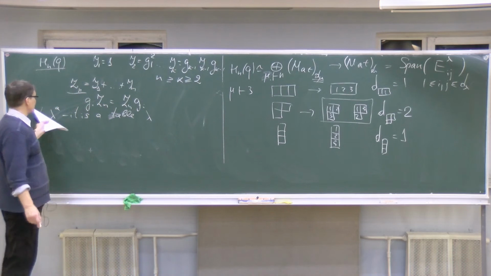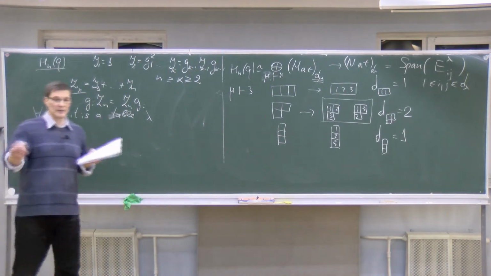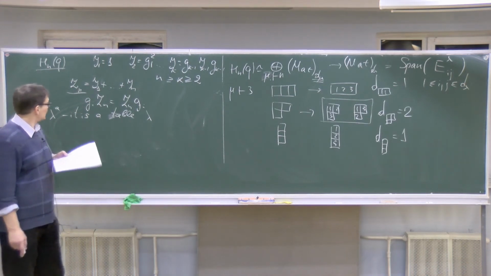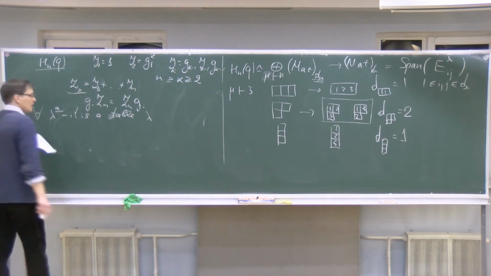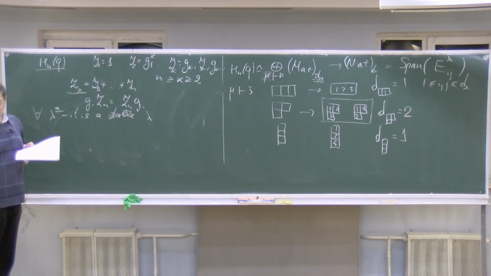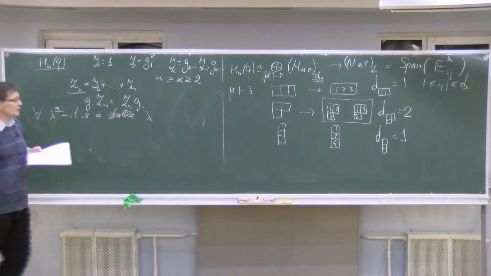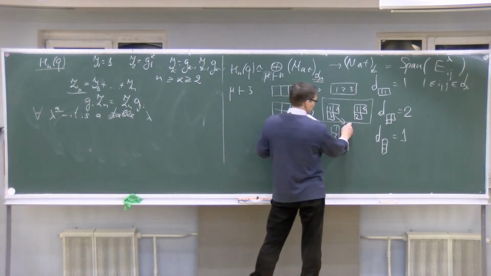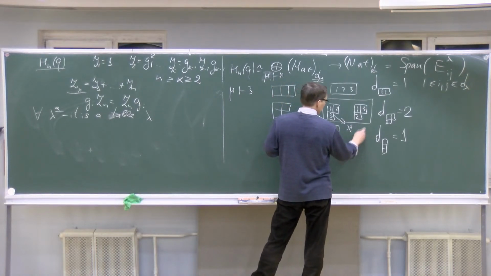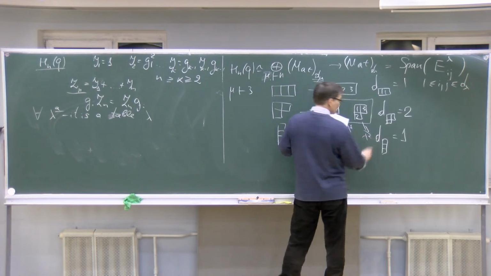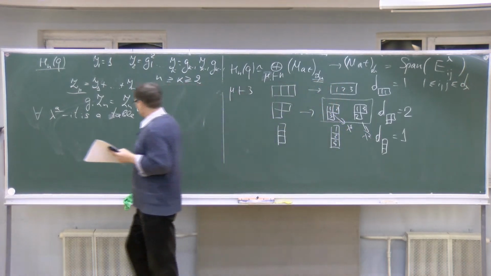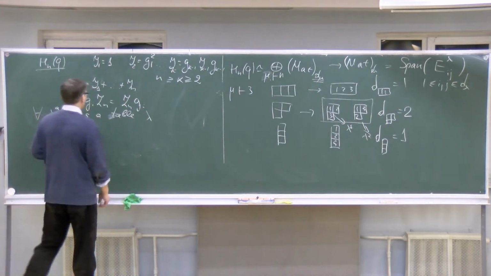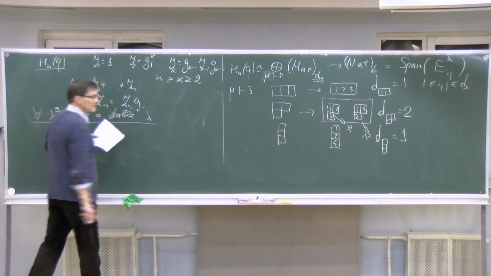I can order these standard tables, for example, in lexicographical ordering or somehow else. And this is a number of my table among the tables of the same shape. For example, to this table I can assign the index 1, lambda 1. To this table I can assign index 2, and so on. And such elements or primitive idempotents can be constructed explicitly